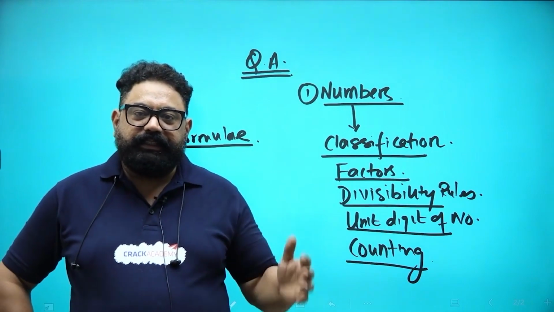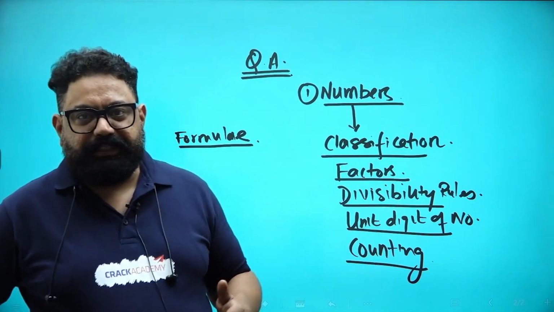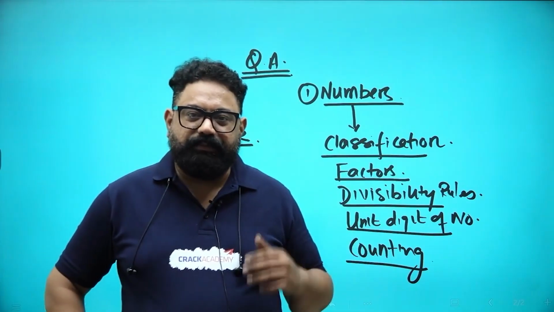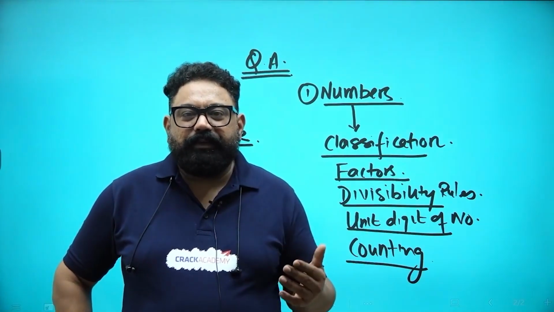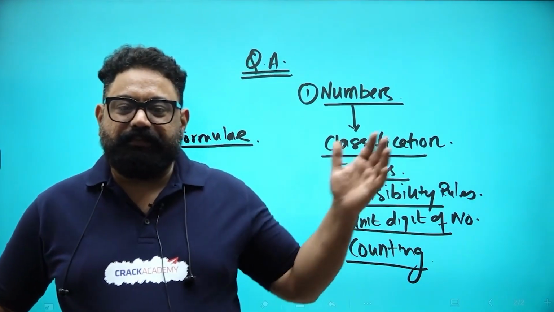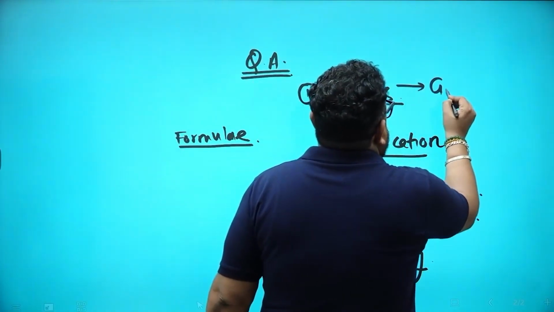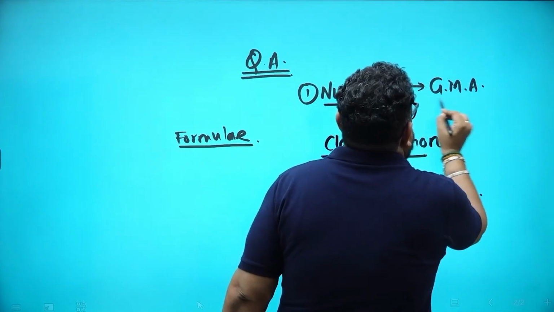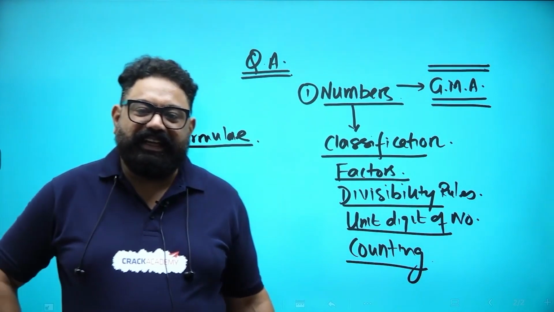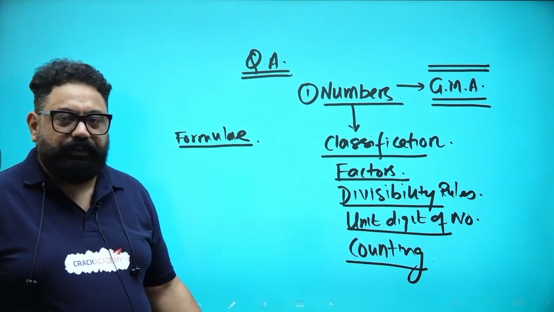So numbers are an essential building part of quantitative aptitude. If you check out this year's CDS exam, you would realize that there were 8 to 9 questions from the same topic. If you talk about CSAT 2023, there were 19 questions from number system, right? So they define number system as general mental ability as well. Okay, so these are all the topics we are going to do with numbers.